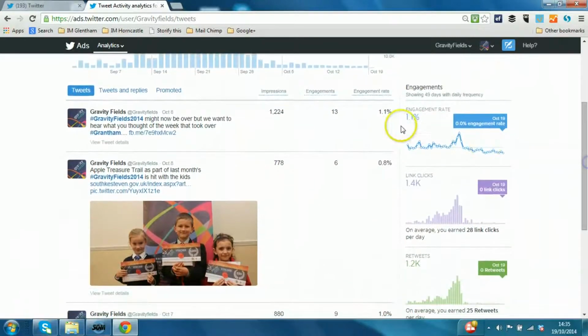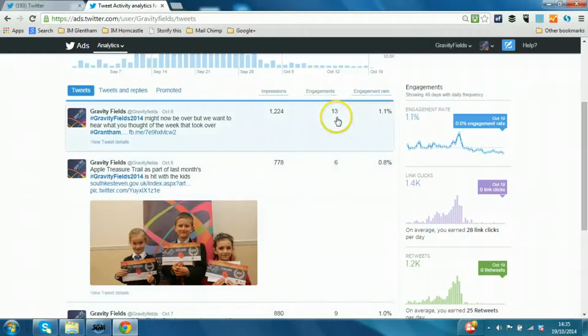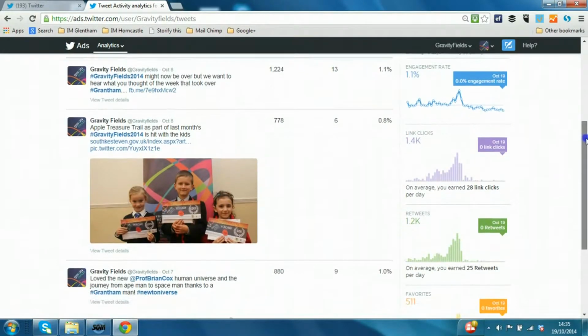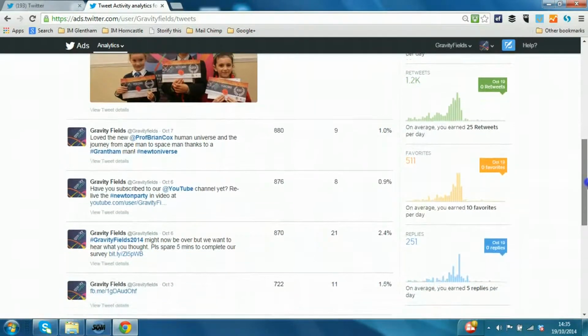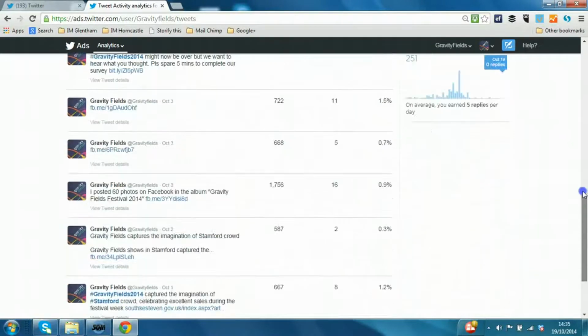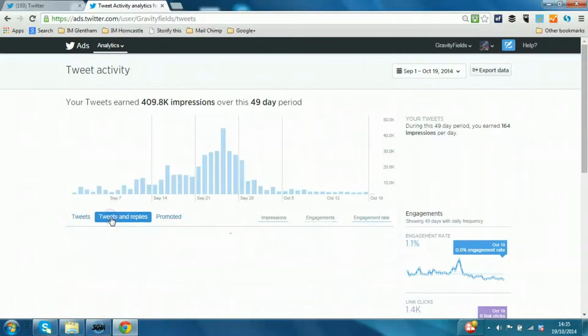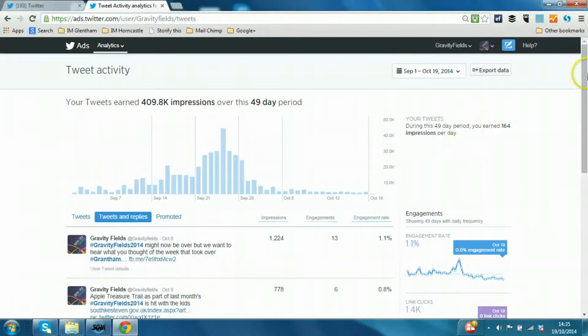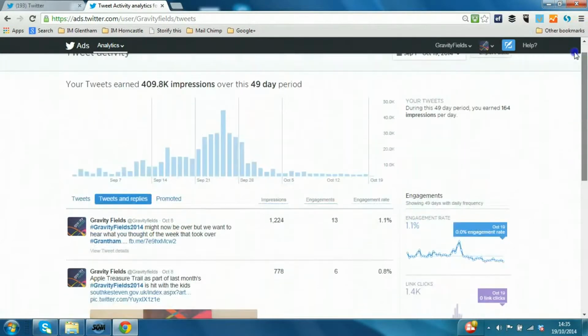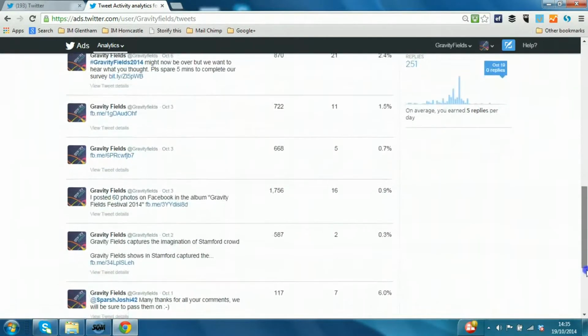Now you can see how many impressions for each individual tweet, and engagements, that means do people click on it, do they share it, etc. So this is really useful stuff. As you saw perhaps briefly at the top, there's an export data button. That will export it into a basic spreadsheet format. You can also drill into tweets and replies as well as just tweets, and that's really the main crux of